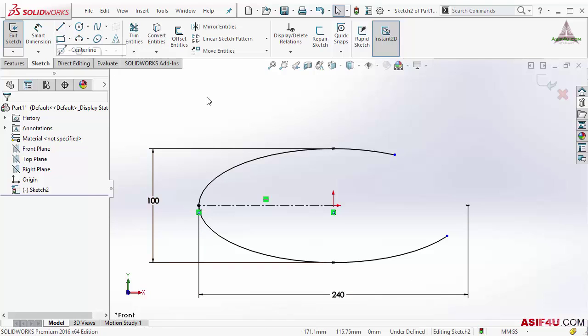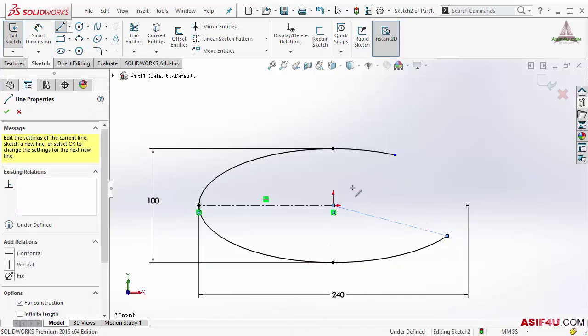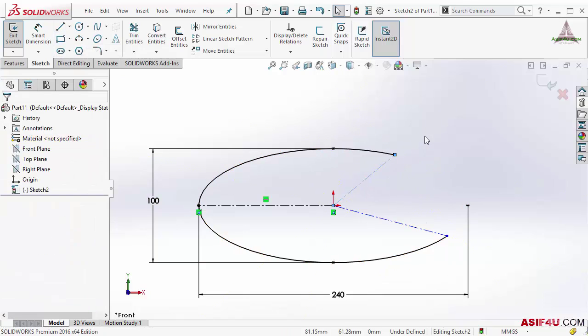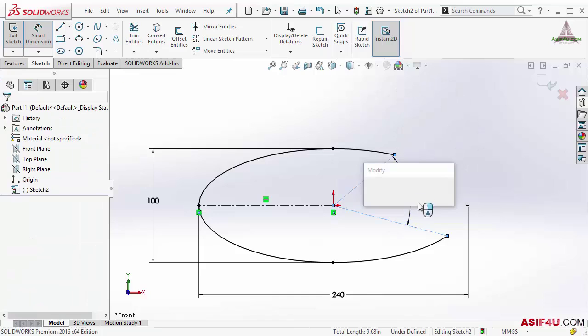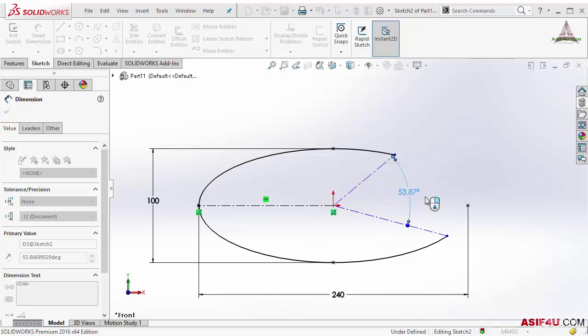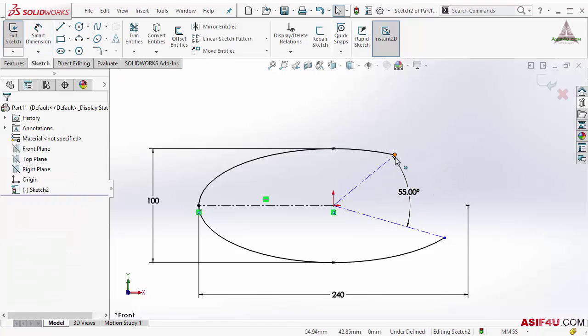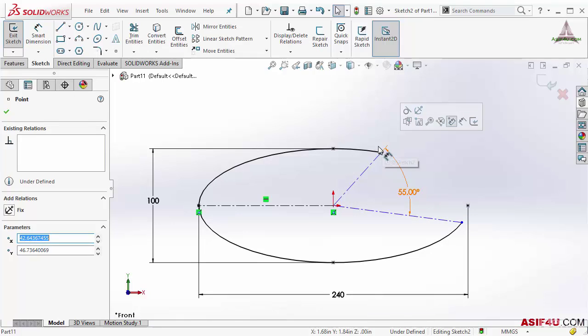So I have to put a few more dimensions. I will put dimension between these 2, 55. But still this is not fully defined. In that case I have to put one more dimension